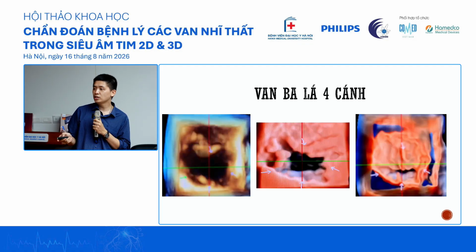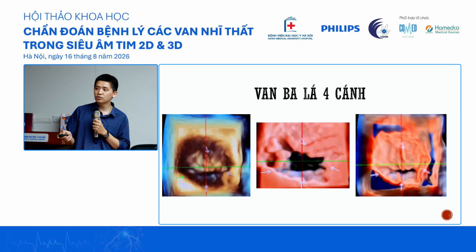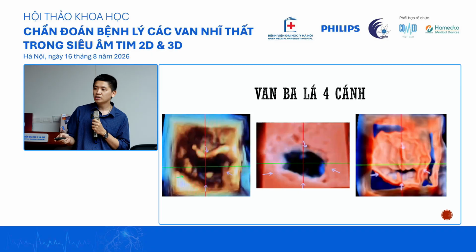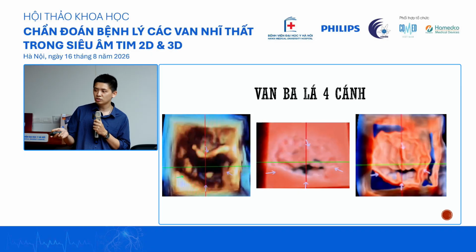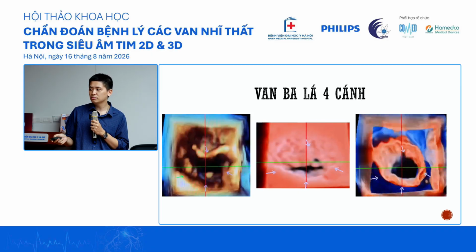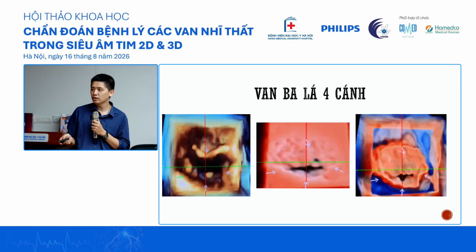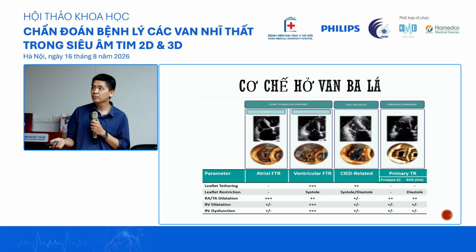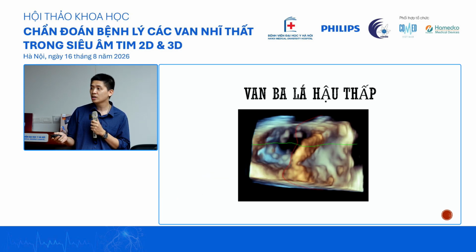So this one is a patient with a quadricuspid valve. You can see 1, 2, 3, 4 here. So this makes identifying the anatomy on 2D even more difficult, because we have so many combinations of valve position and number of leaflets. Mechanism-wise, you also look at this on 3D.